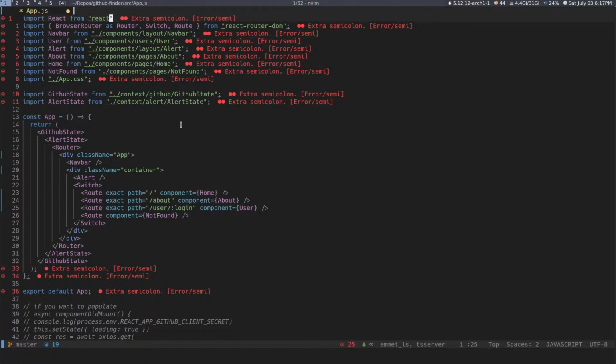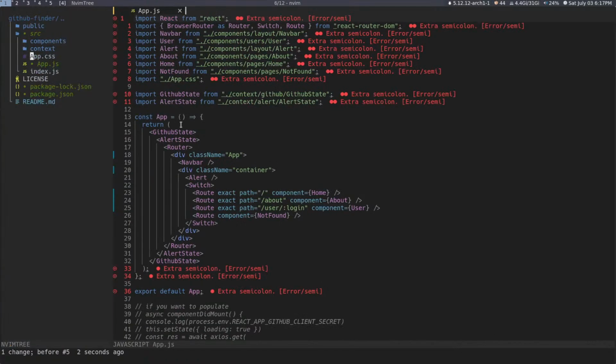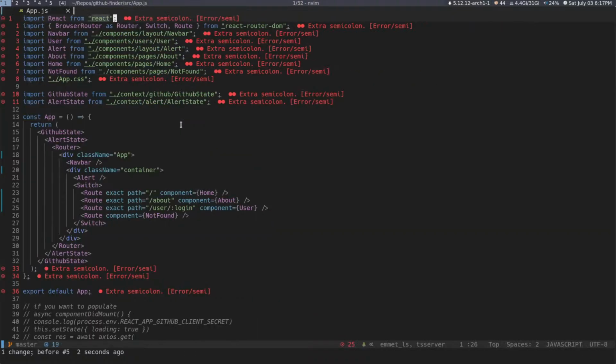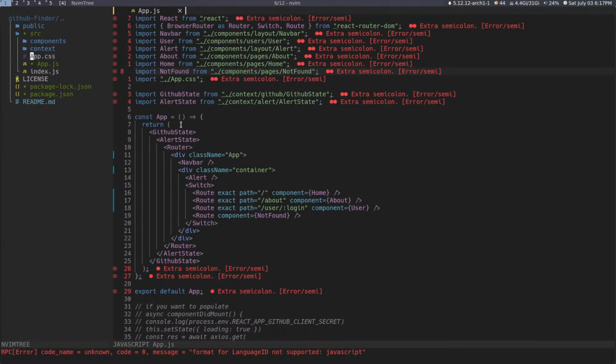But here's another question. Why is this an extra semicolon? Maybe that's because of the thing that I said. Here's another question too. When I format, it's not using the fixer. So we would have to figure out a way to do the fixer with this. I'm not really worried about the fixer. Does anyone use eslint fixers at all? I guess you would, because it would get rid of all this stuff. But you could just put something in your Prettier RC to get rid of the semicolon,